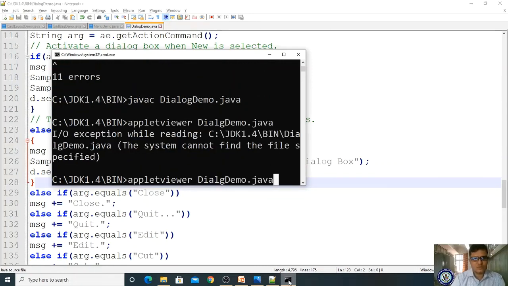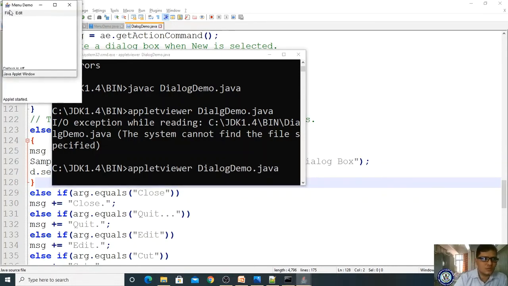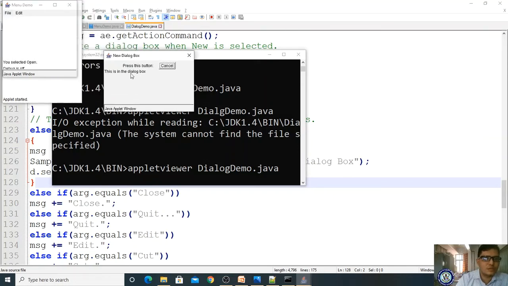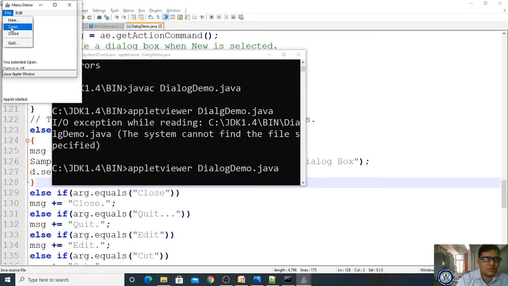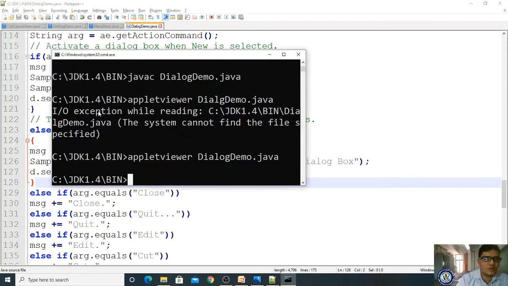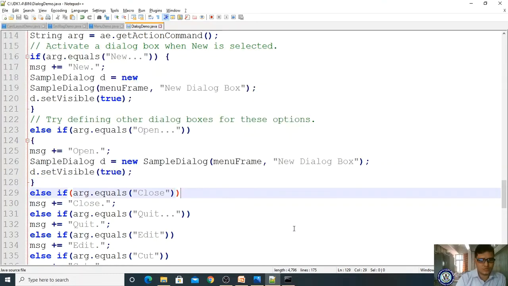Yes, if I click the open button, open is showing, right? Got it. This is the new dialog box. This is showing. If I click open, open is also showing. If I click close, it is not showing. If I want to get the close, what am I supposed to do?